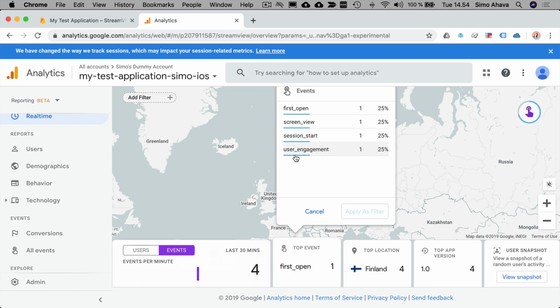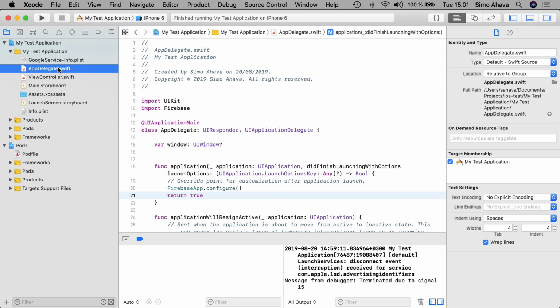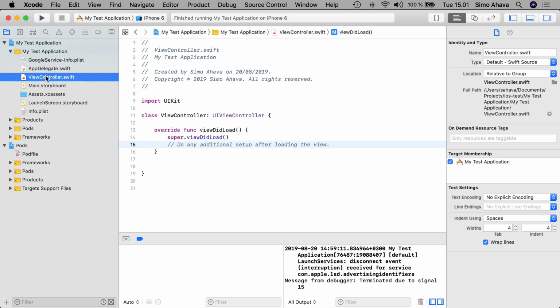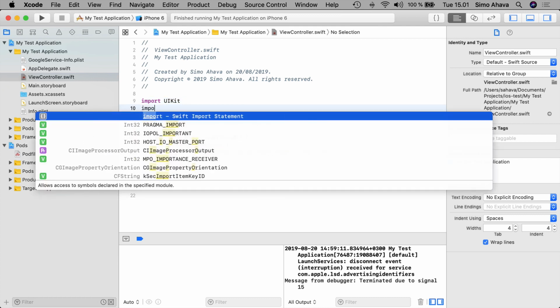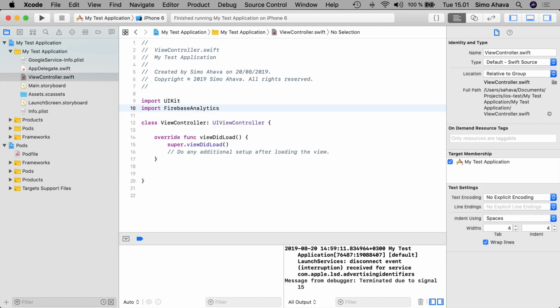So the next thing we'll want to do is send a custom event to Firebase Analytics. So now it's time to go back to Xcode, and let's build our own custom event. So go open the view controller, because the view controller is what's loaded when the main view of the application is opened, and the main view currently contains the hello world text. So here we're going to need to import a new dependency. So it's the Firebase Analytics module, not the Firebase Core, but Firebase Analytics. So we'll be using this module to send our events to